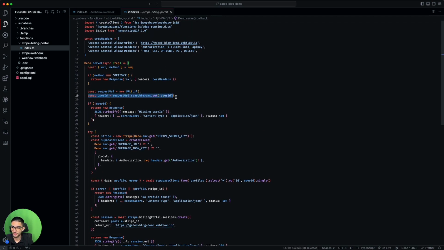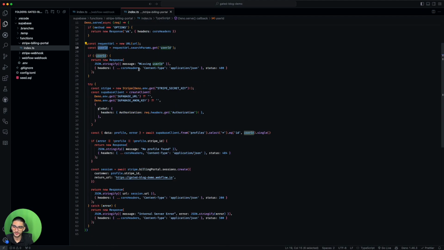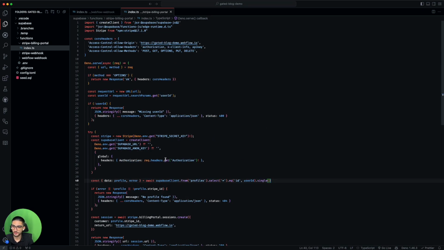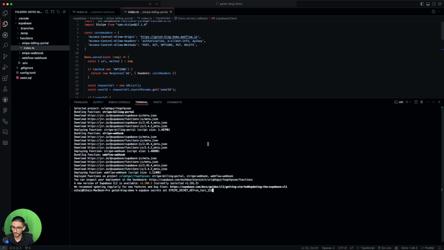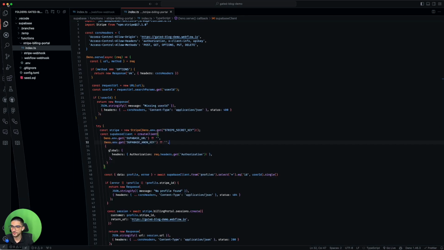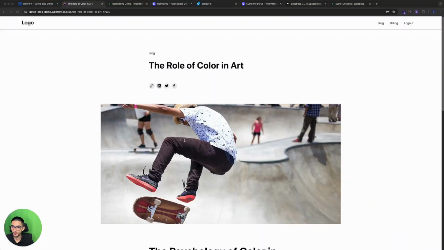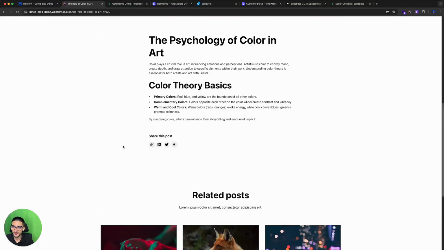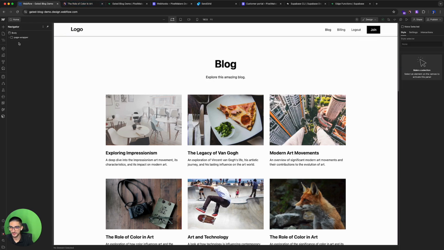Now, one important thing we did here is that we are requiring the developer to provide a user ID, and with that user ID we are basically extracting the profile data. But it's the same process. We can just grab the code from our blog article, paste it in here, and then deploy this function. Alright, so with these endpoints out of the way, the next thing we need to do is to customize the code based on our needs in